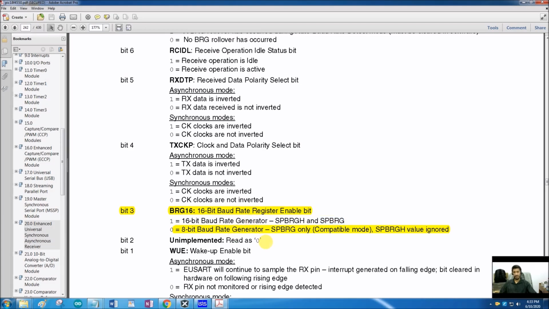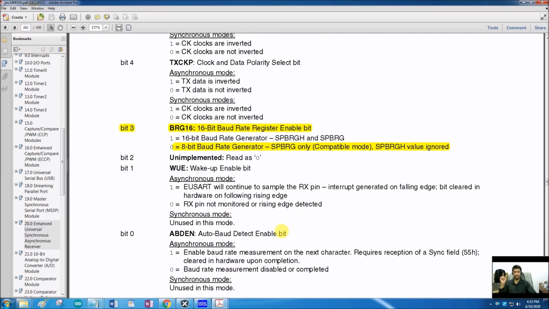But in our case, we are not going to use it for very sensitive applications, so we don't bother if there is a little bit of error in the baud rate. And let me tell you also that if there is a little bit of error in the baud rate, it is automatically corrected at each cycle by this module. So that will not result in error accumulation. The module will automatically keep correcting it after every cycle.